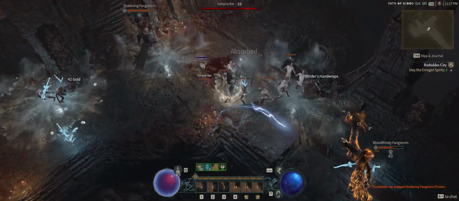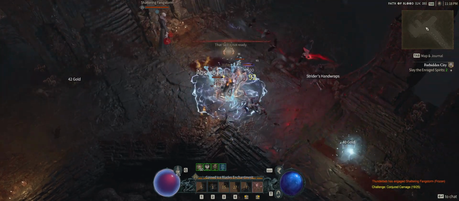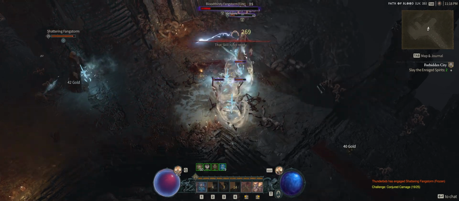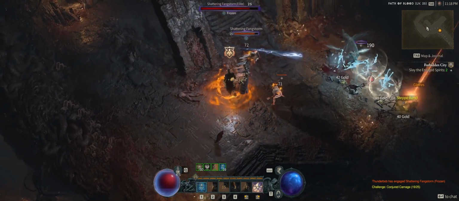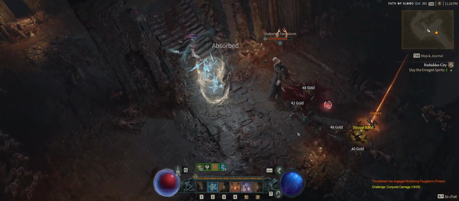And the reason I probably won't run this in live is just because I'm constantly spamming all of my buttons. Like, I'm just 1, 2, 3, 4, left click, right click. It's a lot more active, but I'm also not really thinking about it. This build is good...